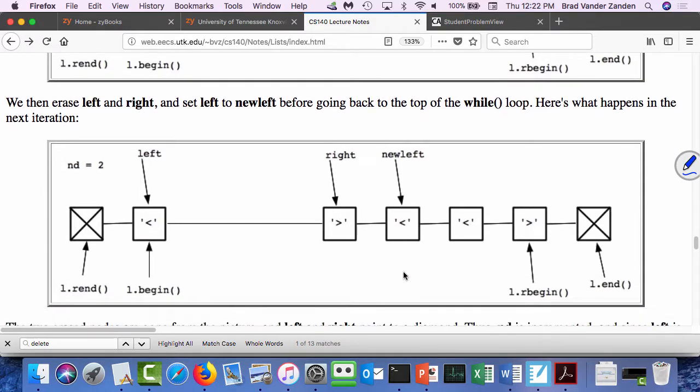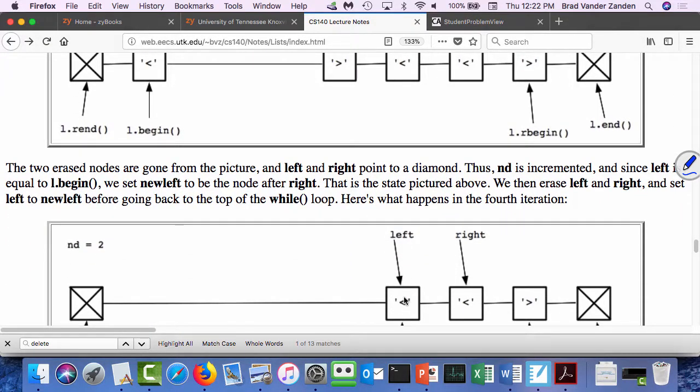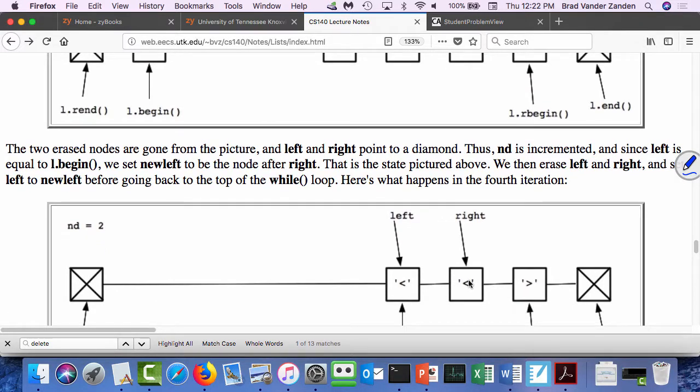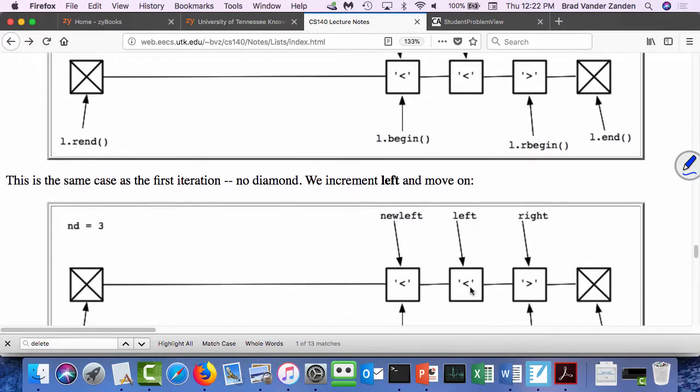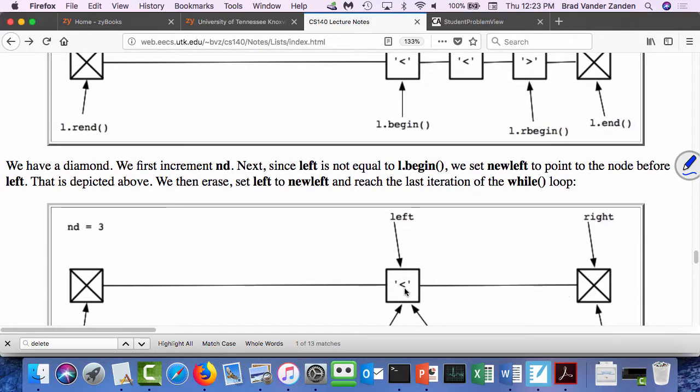list. Okay, so we delete the first two elements, and now we update left to point to the new first element of the list, and right doesn't give us a diamond, so we increment both left and right, and now we do have a diamond. So again, we make new left be just to the left of left, and we do our deletion. And now this is the only element of the list left, so it should be pretty clear we're going to